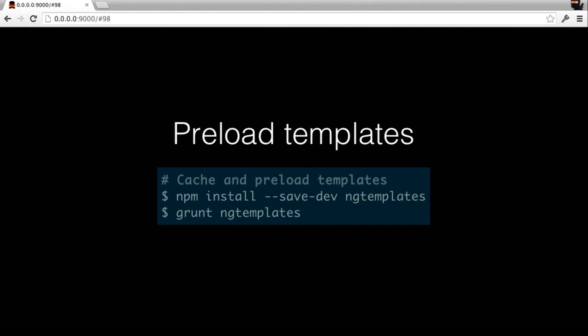pre-nesting our templates in a JavaScript file that we actually send back to the browser when we're delivering the app. This is really good for first screens, the first couple of screens that our users see immediately. It's not so good for screens that our users rarely visit. So for instance, a home page or a dashboard page is a really good thing to bundle in our templates. But for account screens that aren't visited very often, it's better to let the